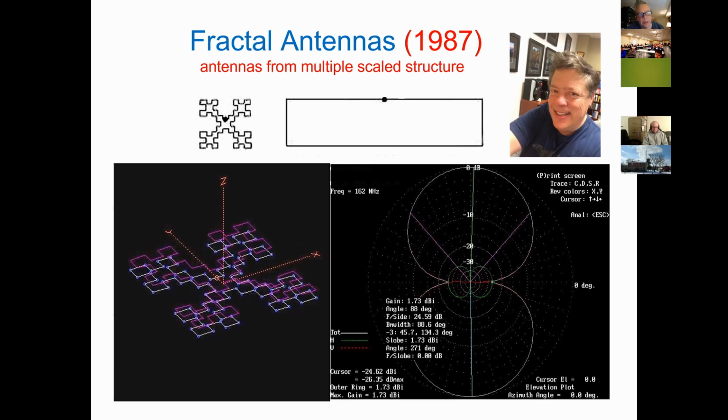There's no magic here. It's happening because even though you have losses from, in this case, the length of the loop, you also have gain because you have two current maxima. And one is playing off against the other. Ultimately, if you keep on going and make them smaller and smaller and smaller, then the current maxima doesn't beat out the losses, and you get a lossy antenna. But if you're trying to shrink typically a factor of 2 to 4 times, fractals do a pretty darn good